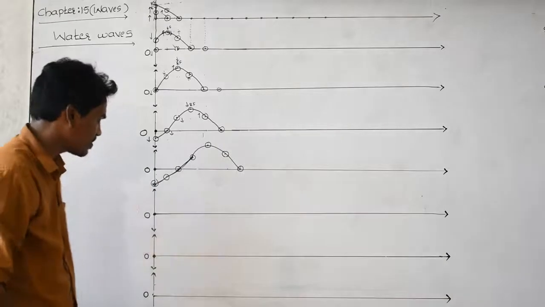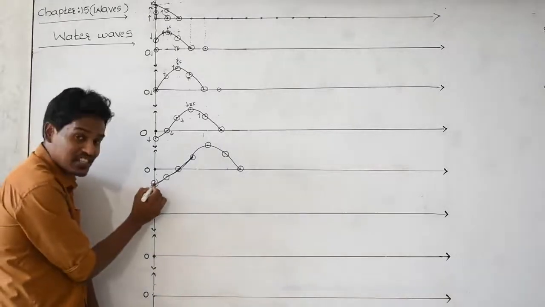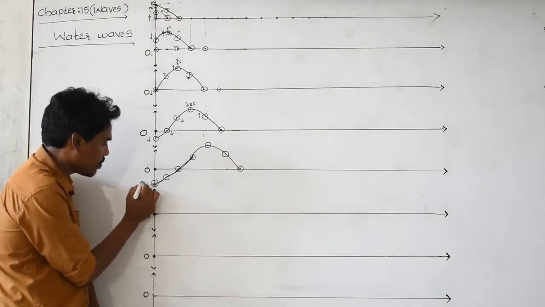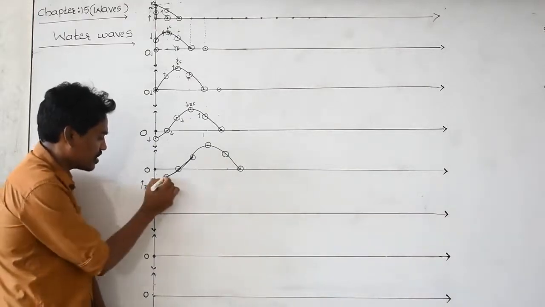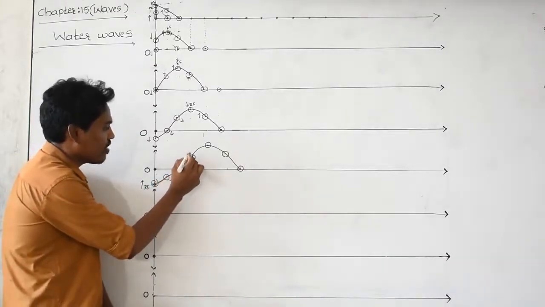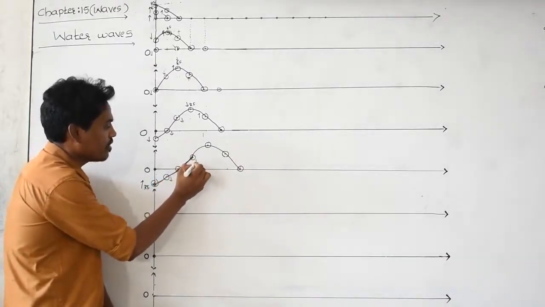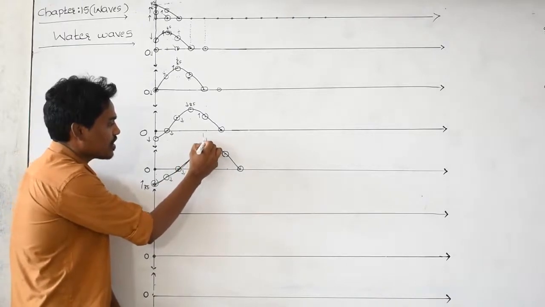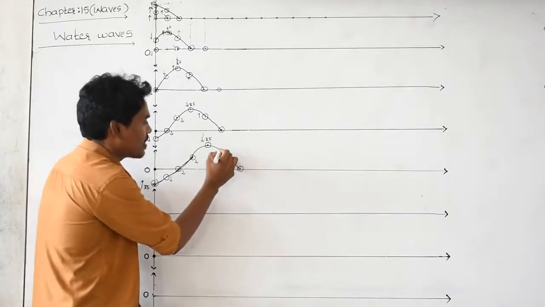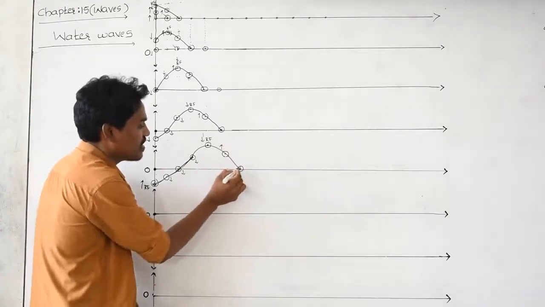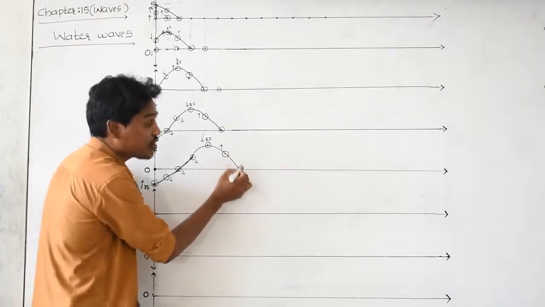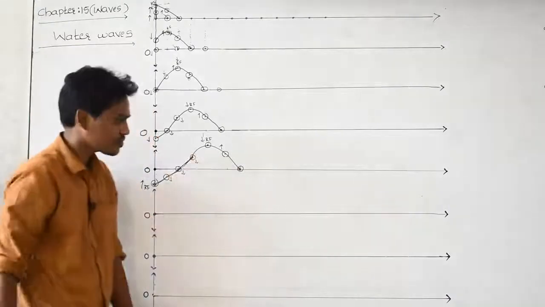And go to next. This particle reaches a maximum point. Therefore, restoring force is acting on this particle in the upward direction. This is moving down. This is the highest point. Restoring force acting on this particle is downward, and its direction is upward. And this next one is at rest because the disturbance given by this particle is not yet reached to this one. That's why it is at rest.